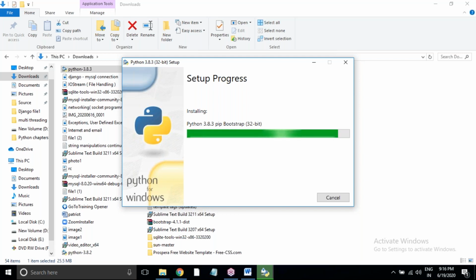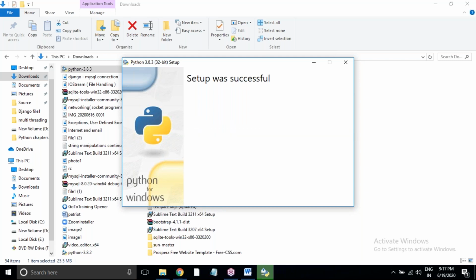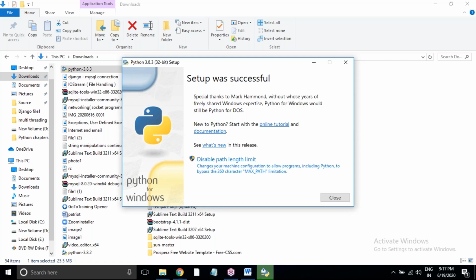So while installing Python, I'm using Windows 10 Pro. You can use Windows 8, but if you use Windows 7, it will ask for additional software. It will ask for a service pack. So for Windows 7 you need to install additional software.